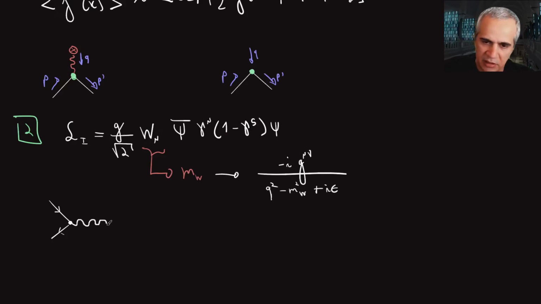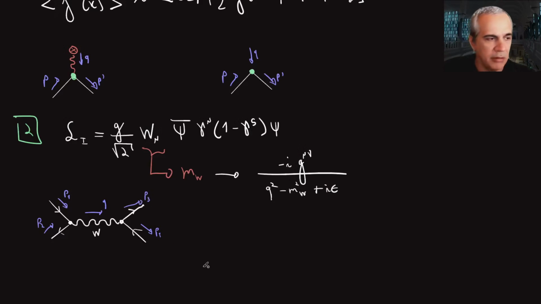It's just this W being exchanged in some channel. Here I'm drawing the s channel, but it doesn't matter; we could choose any different direction. Let's just put some momenta here in case we need it. P2, and I'll call q the momentum of the W. So now this wiggly line is not the photon, it's some massive guy. And I have P4 and P3 here.